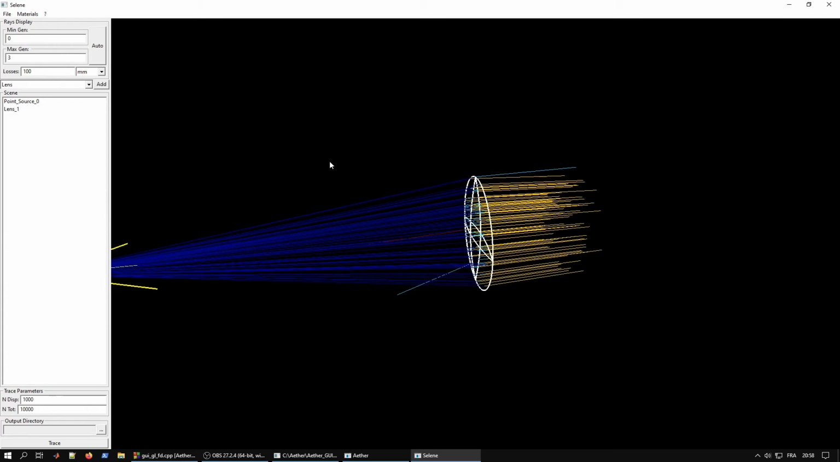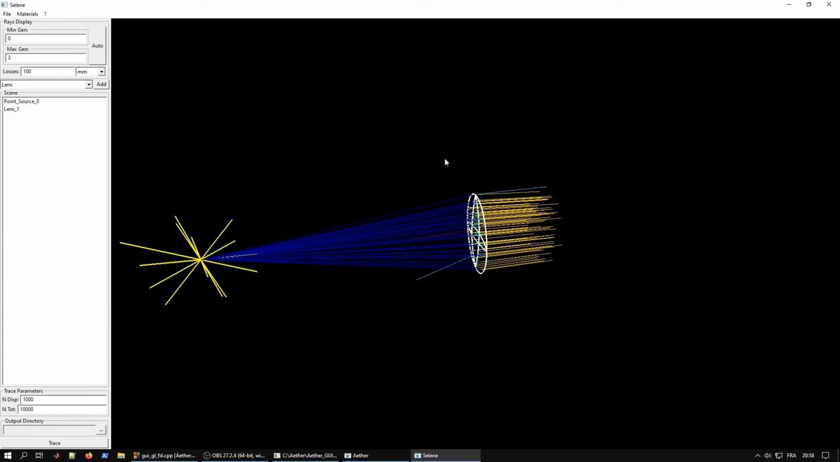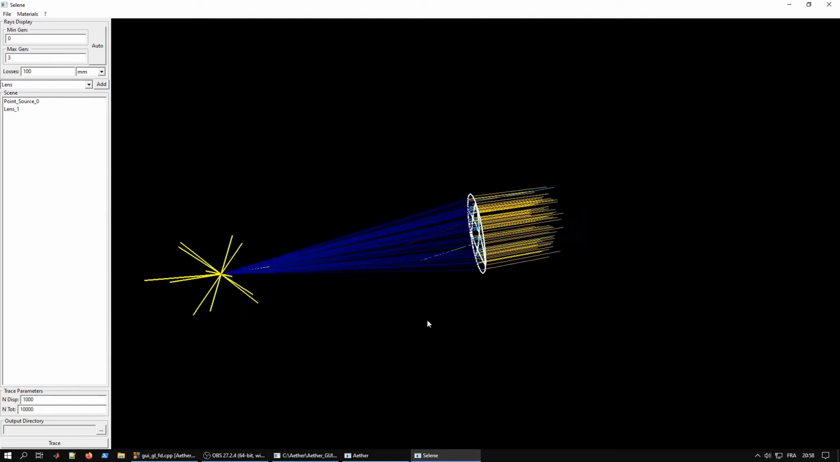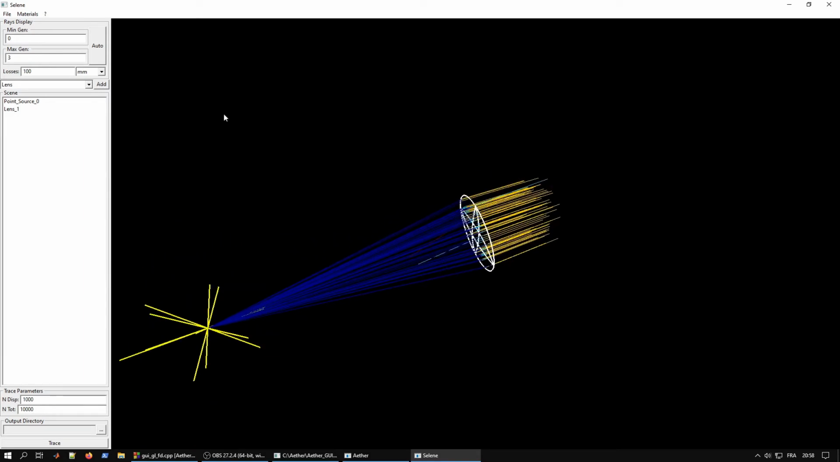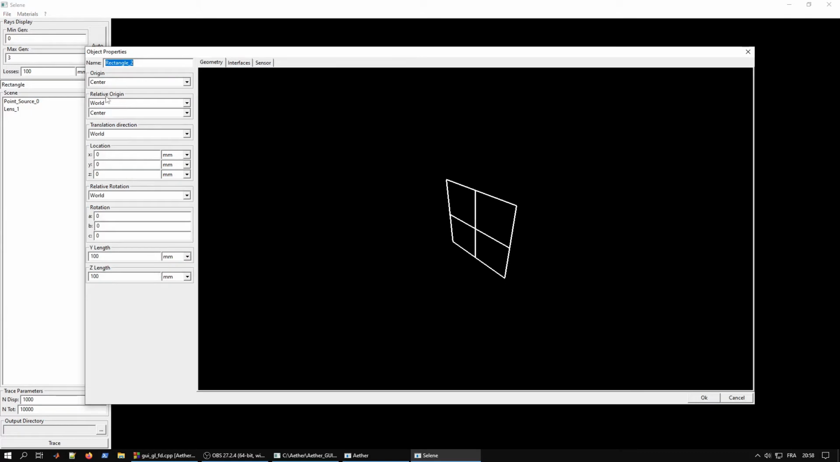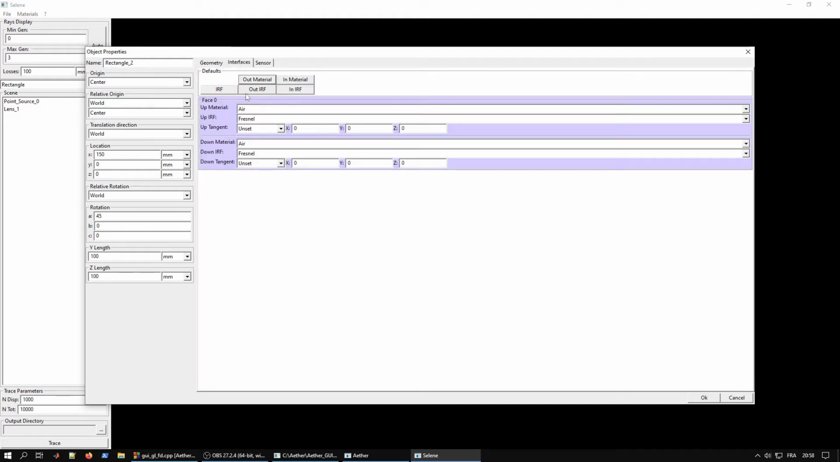Now, Celine is a non-sequential raytracer, which means it's going to compute the interactions with all the objects in my scene, and I'm going to demonstrate this by adding a rectangle, which I'm going to displace by 150 millimeters, and I'm going to rotate by 45 degrees. I'm also going to set it as a mirror,